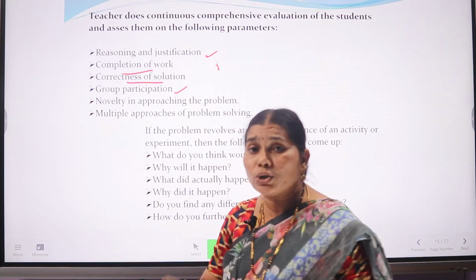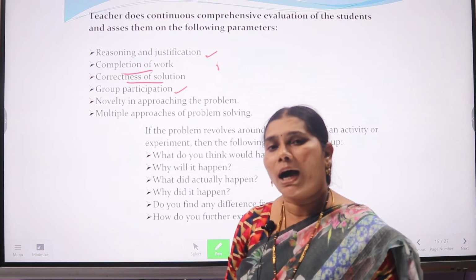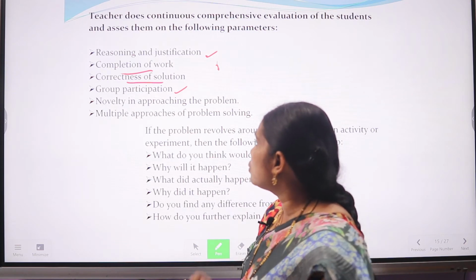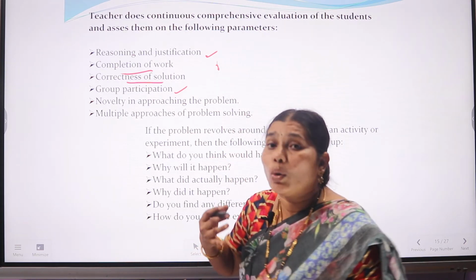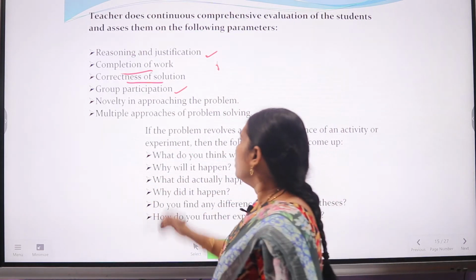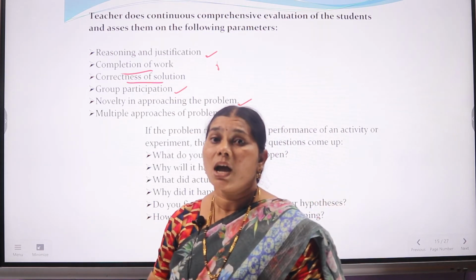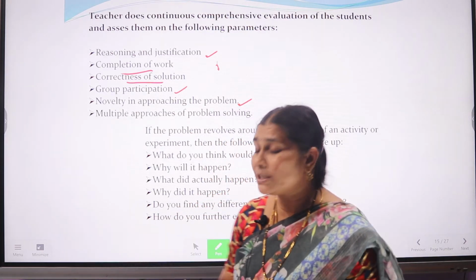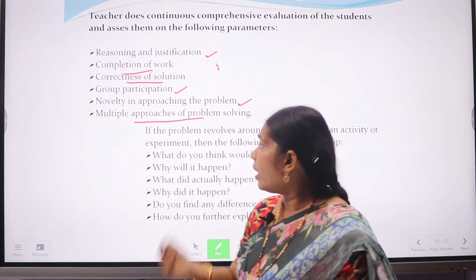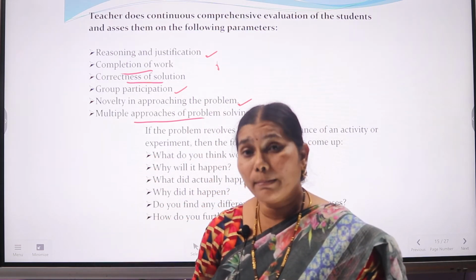In the group, how many students are able to participate? Whether everybody is participating, or are there any students who are just sitting silently? So what is the participation of group members, and how novelly are my students able to present the problem, the novelty in approaching the problem, how creatively they are able to present, what novelty has been exhibited by them, and multiple approaches of problem solving. So what are the multiple approaches, the number of approaches my students were able to follow